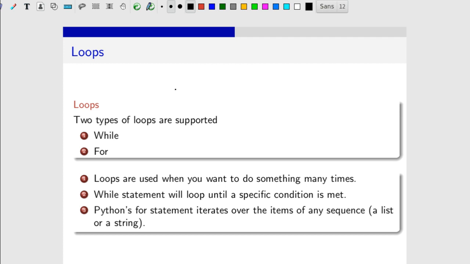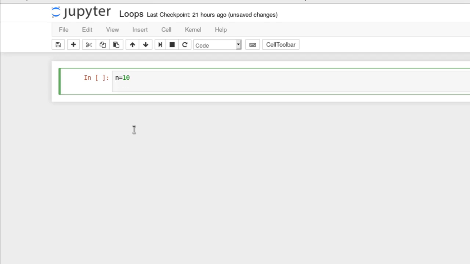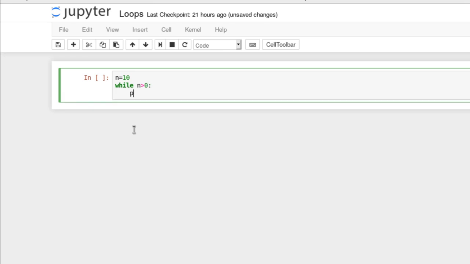The following program shows a decrement operation using the while loop. We will be initializing the value of variable n to 10. We will be starting the while loop with n equal to 10 and printing from there up to 0. For this, we need to write the while loop as: while n greater than 0, print n,